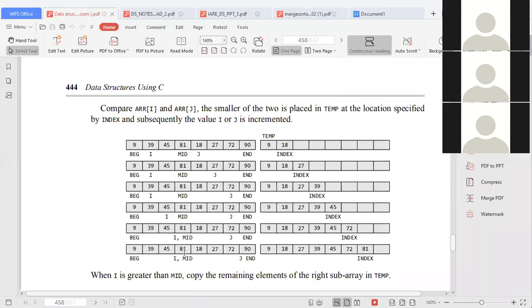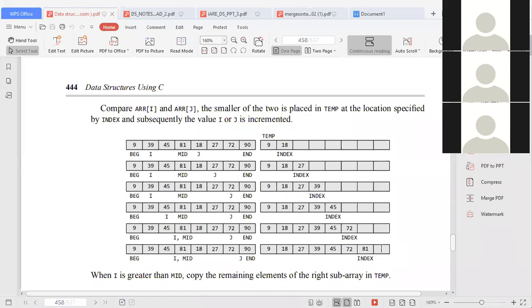81. So now I is compared once again with J. Which element moves? I is 81, J is 90. I is small sir. I is small, so the I element is moved to the sorted array, that is A. How many elements still remain? One element sir. What is that element? 90 sir. And at the end there won't be any comparison because no elements are present in both arrays A1 and A2. The last element comes and is placed here.